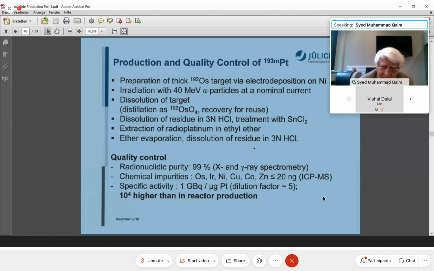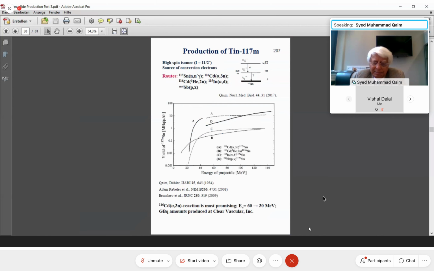For samarium or for rhenium, if you have some carrier, it is not so critical. But if you want to go into the cell nucleus, then the radionuclide must be of very high specific activity. So this way I have now covered all the potential